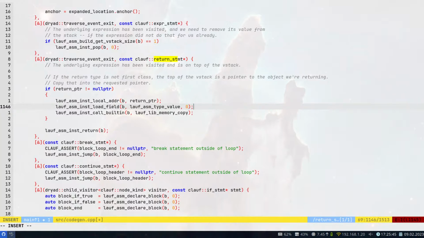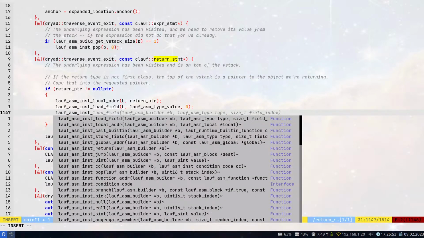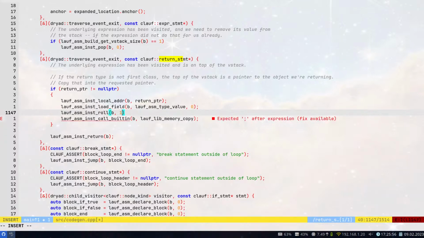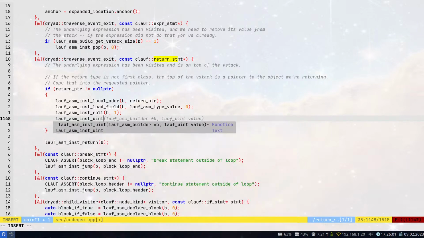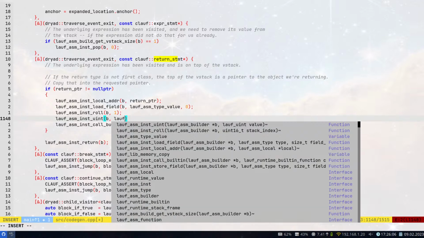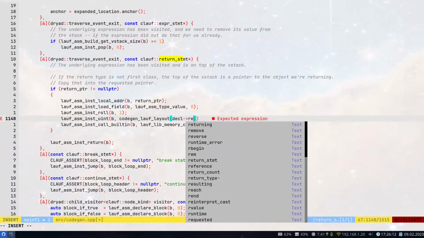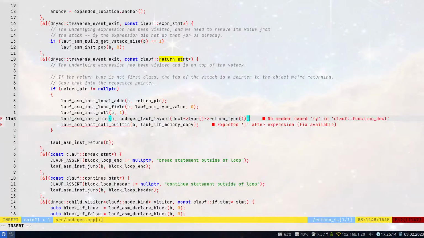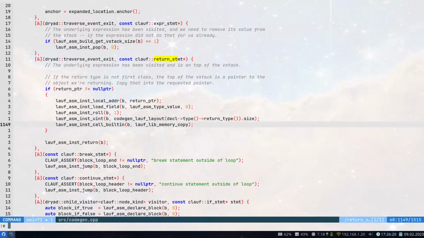Type value 0. Then the source pointer is what's on top of the V stack, so we need to do another roll to get it. And then the size is uint. Then we get the layout of the decl type return type, and we want to copy size bytes. Okay, and that should deal with the